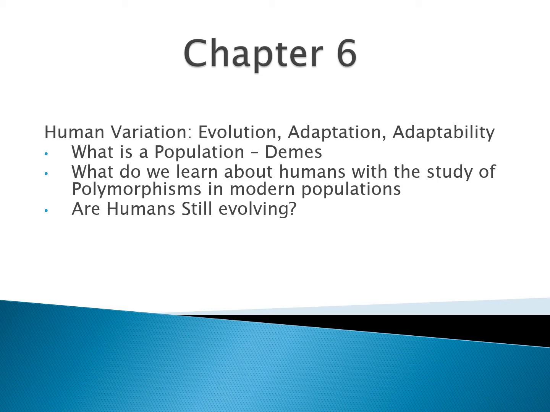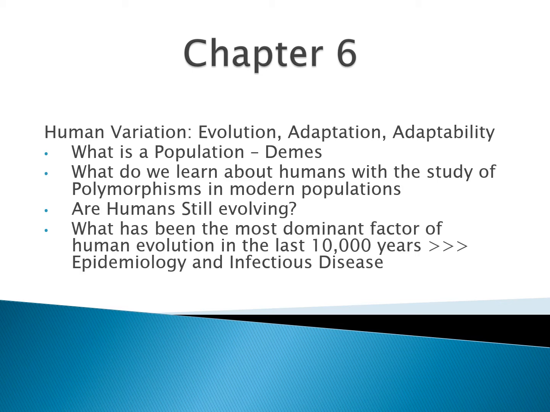If you remember all the way back to our second unit, every organism that is reproducing using gametes evolves in every generation. But what we want to know right now is, in what directions are we headed in the most recent future here? And then also towards the end, what has been the most dominant factor of human evolution in the last 10,000 years or so that we can take a look at? And this will link up what you're doing in chapter 6 with the study of epidemiology, which is presented in a slightly different section of Canvas here, and infectious disease.